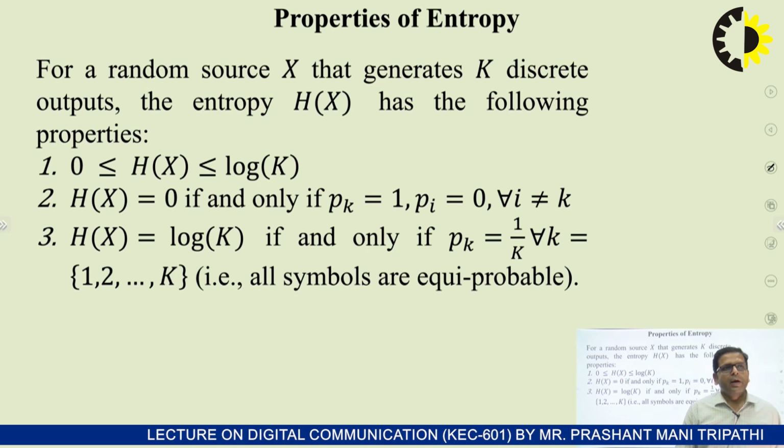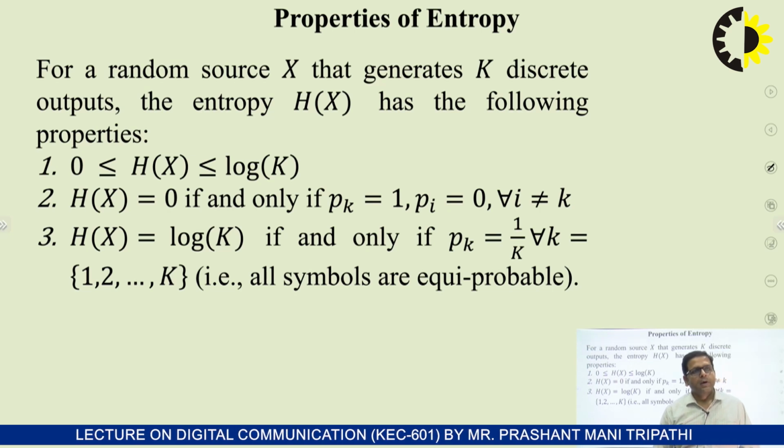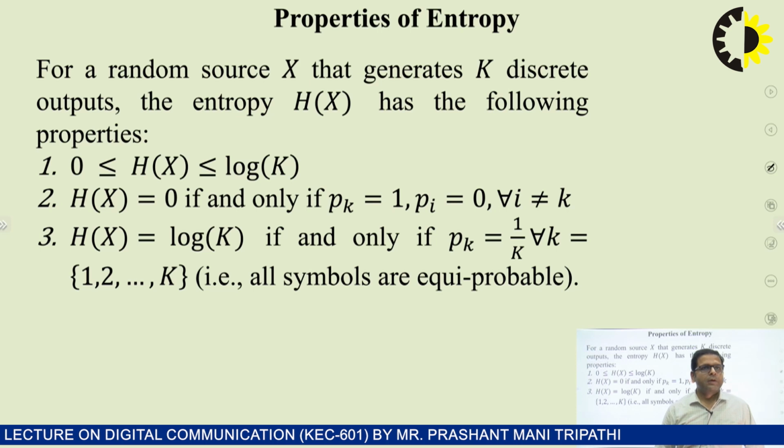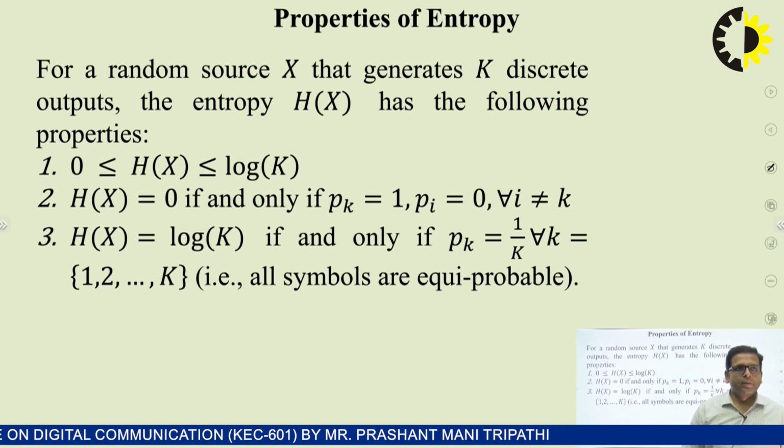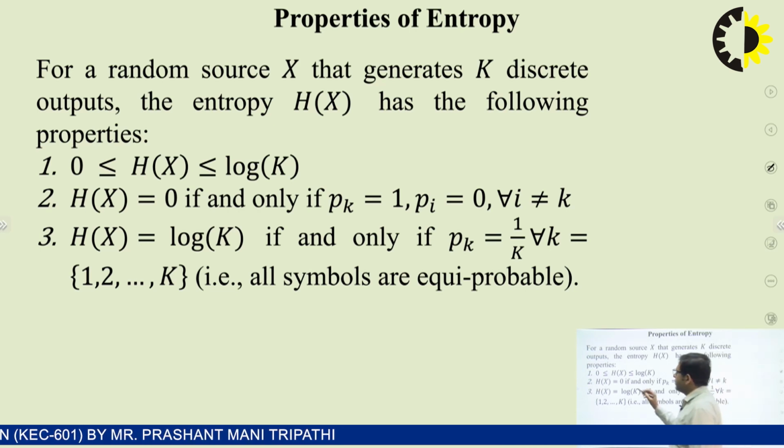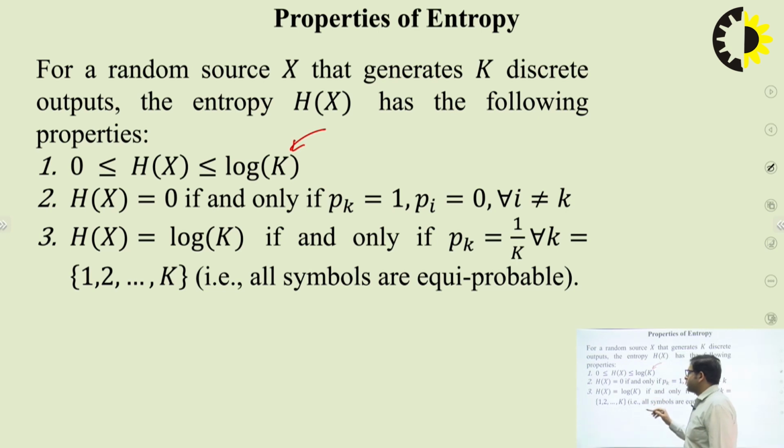The entropy has three properties. For a random source that generates k discrete symbols, the entropy has the following properties. First property: the entropy is bounded between 0 and log k, where k represents the number of symbols. H(X) equals 0 if and only if pk equals 1 and pi equals 0 when i is